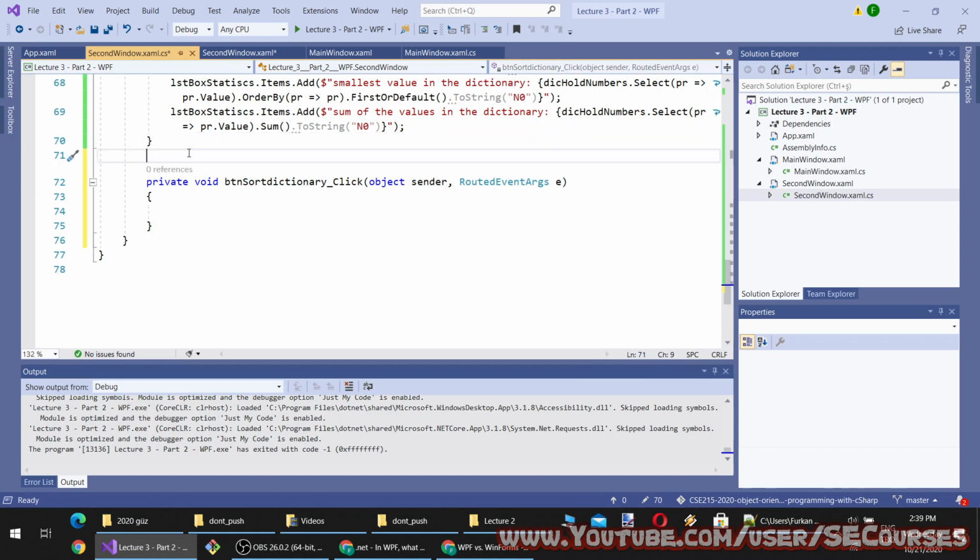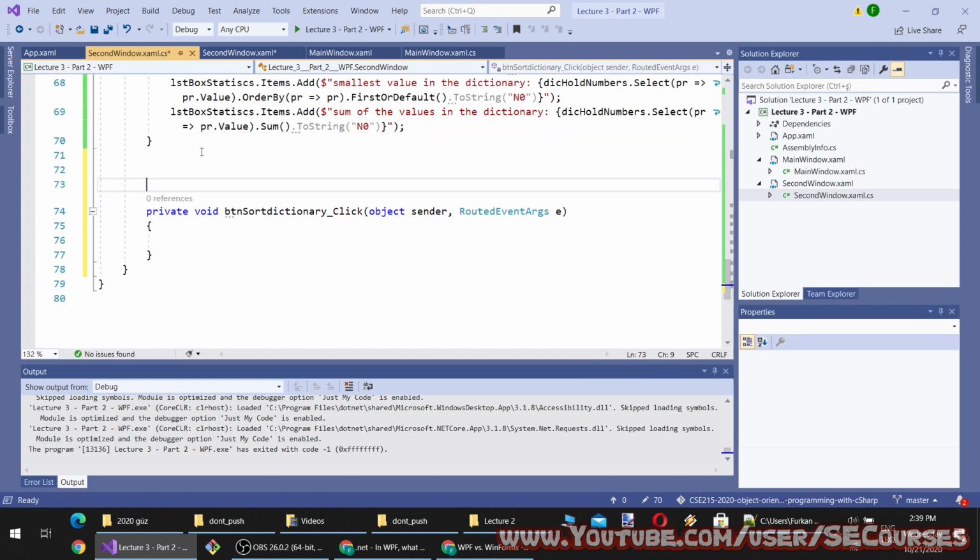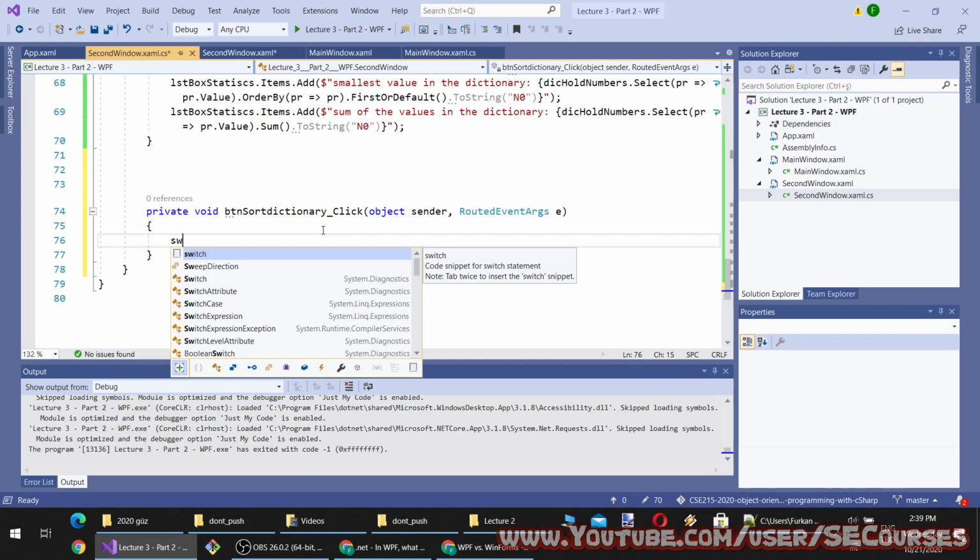Okay, so I can define sorting orders for the dictionary. Let's use a switch case. I type swi and there appears a code snippet for switch, and I double tap.